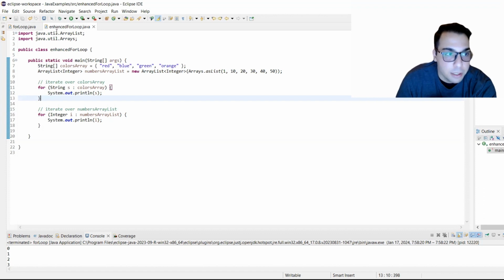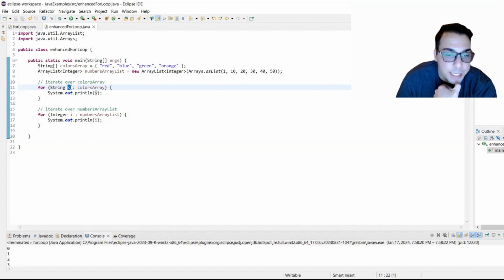So you just need to let the program know what data type this collection or data structure houses. So are there strings in that? Are there integers in that? Are there doubles in that? And so on. And then really all you need to do is add a placeholder variable here